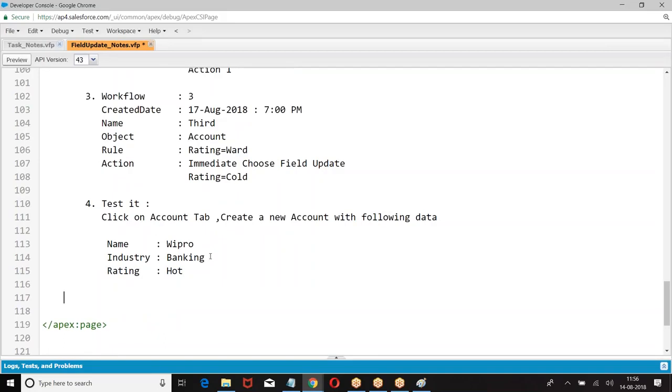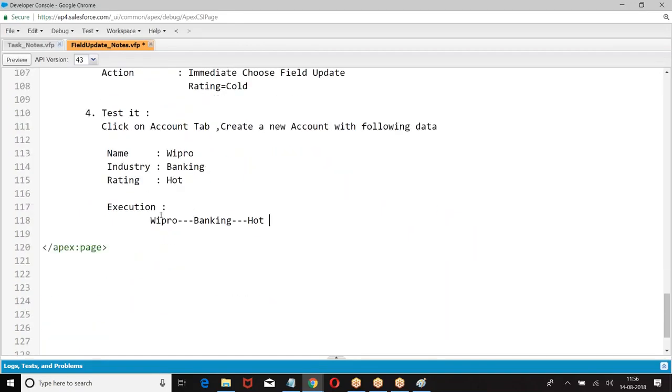This is the record I created. When you create this record, what is the execution? On this record, check all the rules.